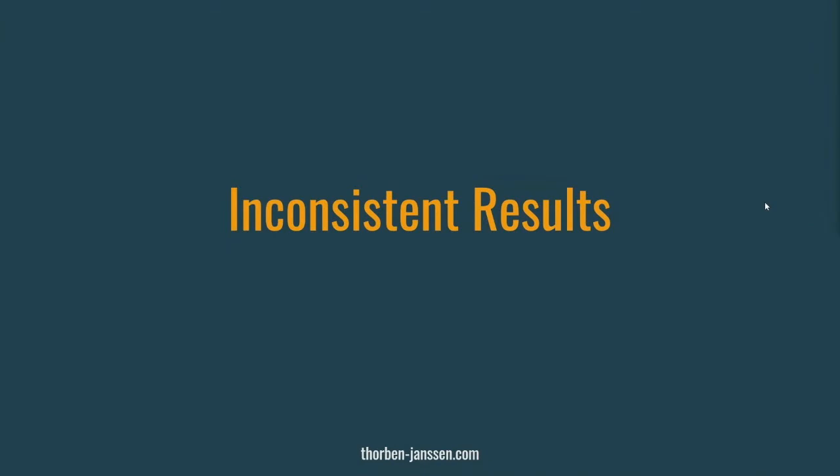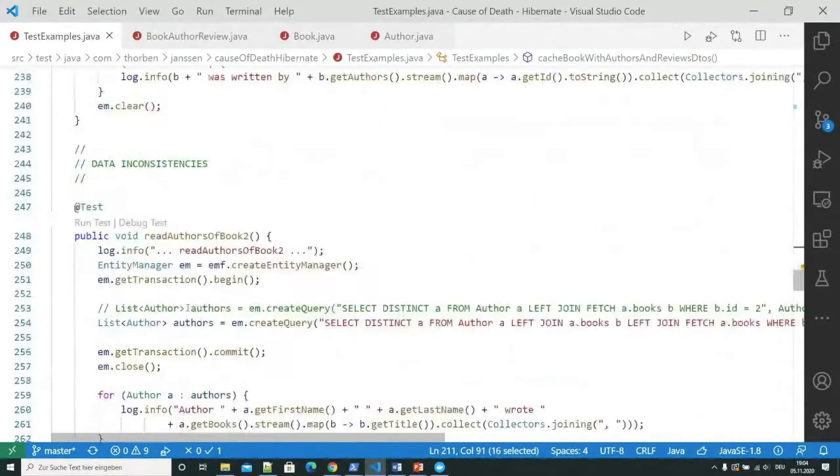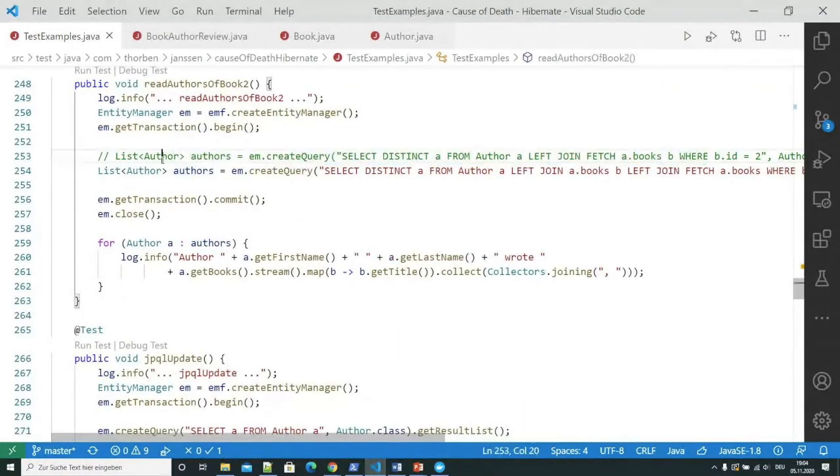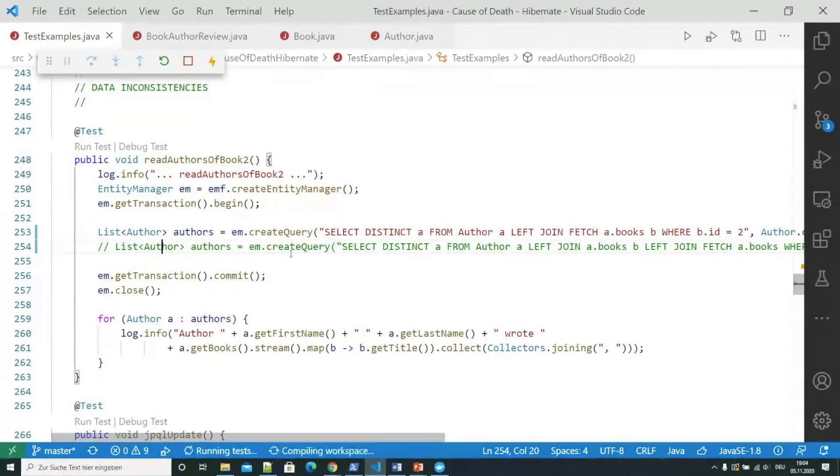Okay, well, the next thing that you can do to drive your users really mad would be to create inconsistent results. So let's take a look at another few test cases and see what you can actually do to create inconsistent results that just look wrong. But I hope you remember the left join fetch clause we talked about at the beginning of this session tonight. I said that you should use a left join fetch clause to initialize the association, in this case, between the author and the books, if you need an author and or their books.